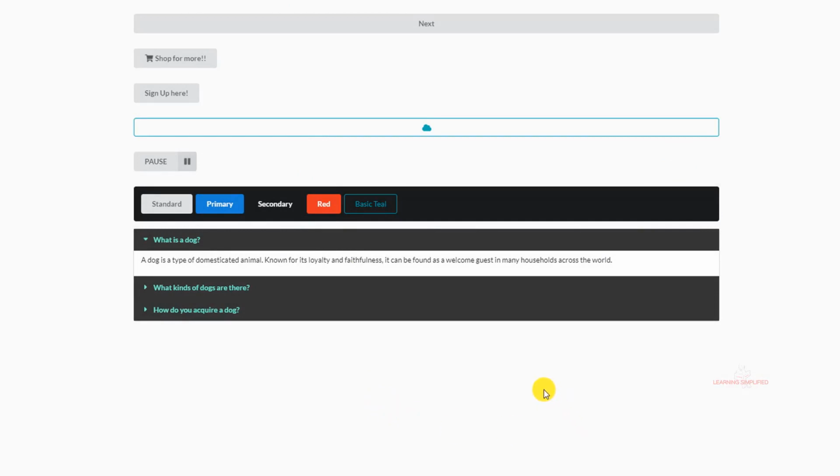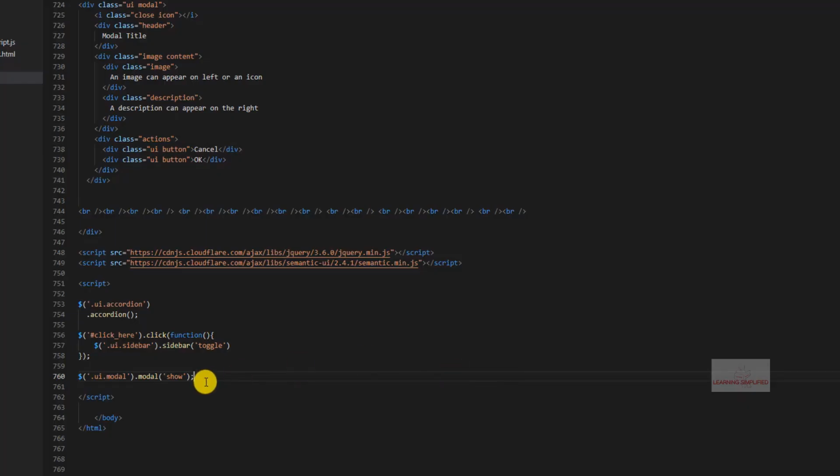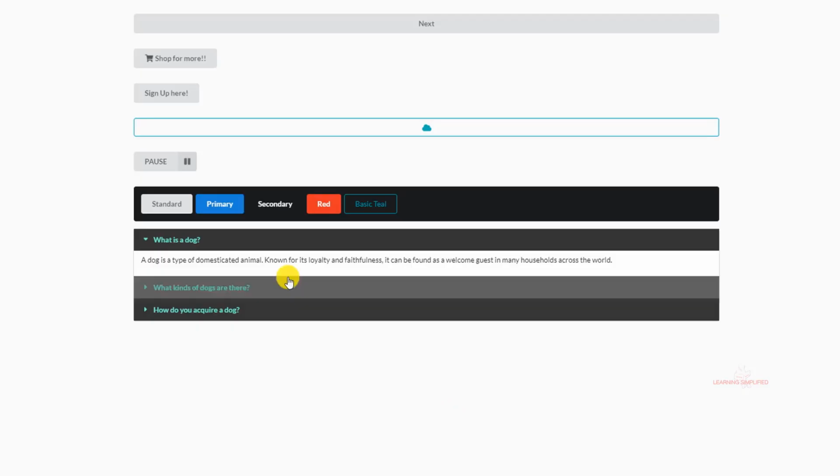We need to do something else in our text editor, in our code, such that on clicking a particular button, we can see that a model appears right on our page, and on clicking outside the dialog box, the model disappears again. So this is what we need to employ in our project.